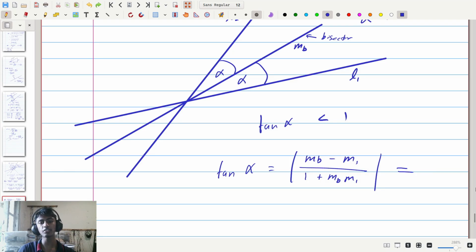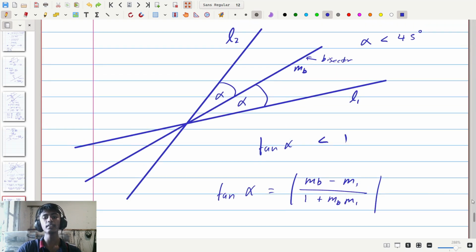So then in each of these cases we know what to do. In the case where this absolute value, the gradient of our bisector minus one of the lines' gradients divided by 1 plus one of the lines' gradients times the angular bisector's gradient, is greater than 1, we know we've cut an obtuse angle, so it's the obtuse angle bisector. If it's less than 1, we know we've cut an acute angle, so it's an acute angle bisector. And if it's equal to 1, it's no longer an acute or obtuse angle bisector, it's a 45-degree angle, so we have a 90-degree angle bisector, meaning that our two original lines were perpendicular to each other. So that's that. We can use each of these results wherever we want in different